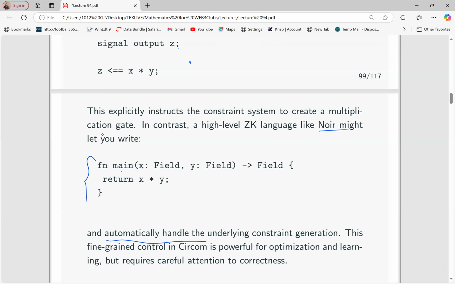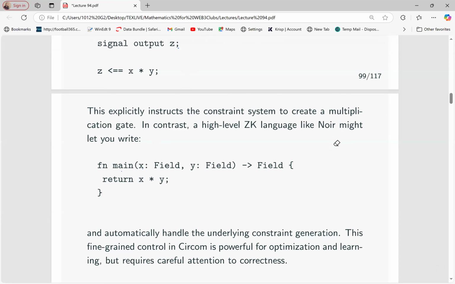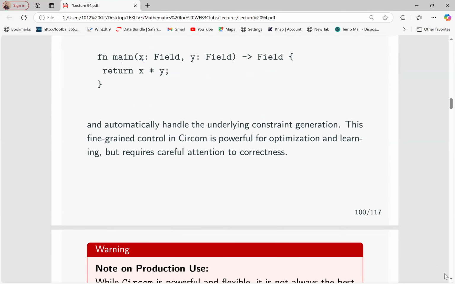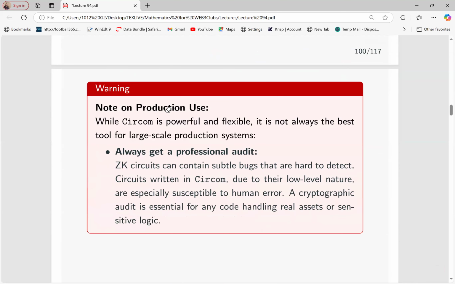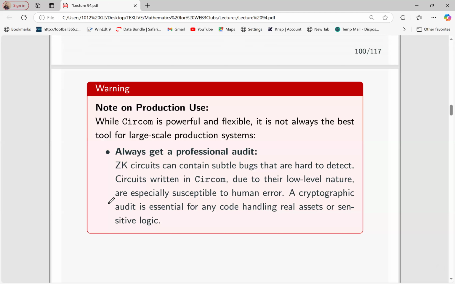But this other one gives you the mandate to handle everything, so that everything that is happening, it's you making it happen. And because of that is why I've given a warning here when you're using Circom. I've said, because you are the one taking care of everything, you must ensure that after you've written your contract,